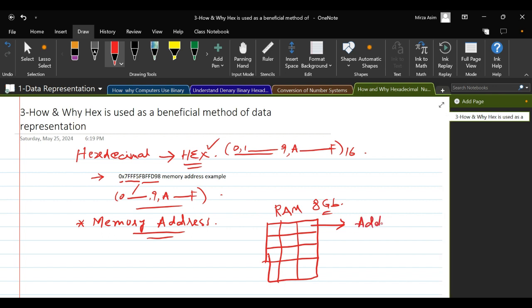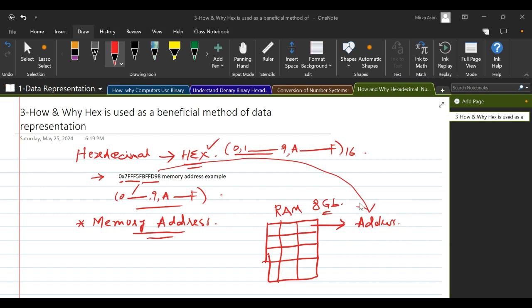Every location has a unique address, right? Just like that. So memory addresses can be represented as hexadecimal numbers because memory locations are lengthy and complex in binary. But hexadecimal numbers simplify this representation. Is that clear?